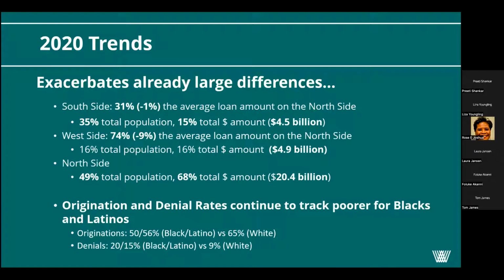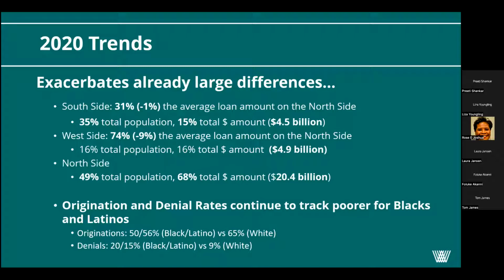So with these changes, the average loan amount on the south side dropped to just 3/4 of the average loan amount on the north side. And you can see, for a bit more context, each area's share of Chicago's overall population, so how big